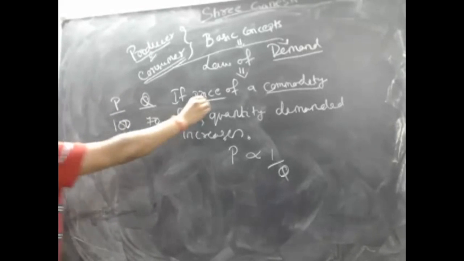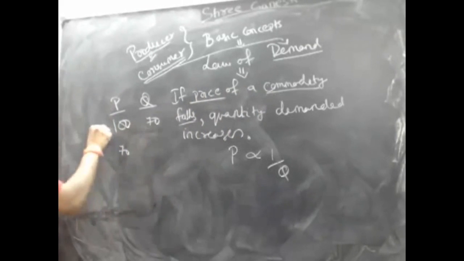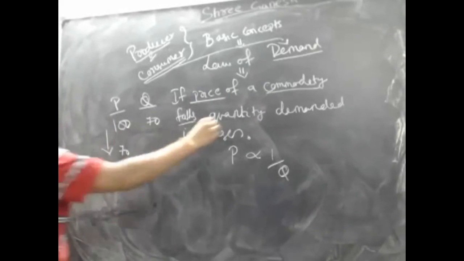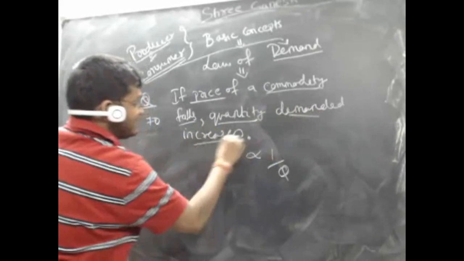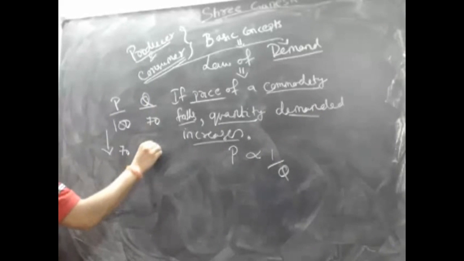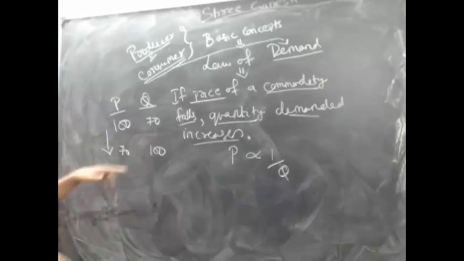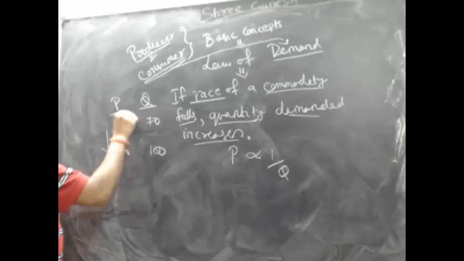Now what it is saying: if the price of a commodity falls, quantity demanded will increase. You will start demanding more quantity. Now why does it happen so? When price was,